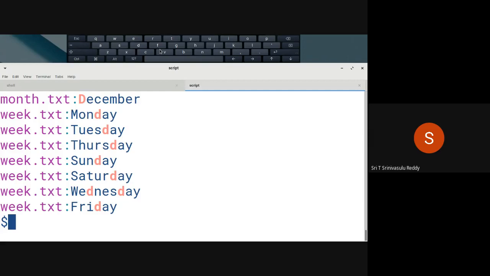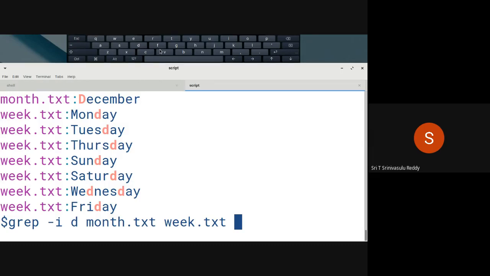Now, when you give like this, it is saying in the month you have December, in the weeks you have all these things. Right? So like this, every command, remember, will have so many options using which you can get other power, other ways of using the same command. In case insensitive, you are looking for that particular thing. Not only a single letter or a word, any of them you can actually look for.